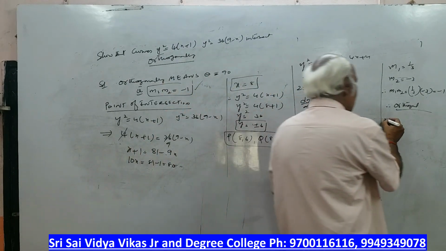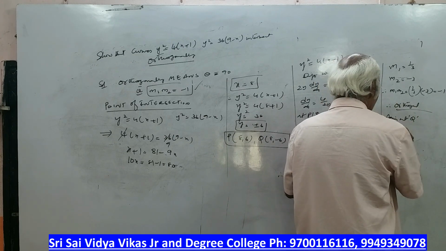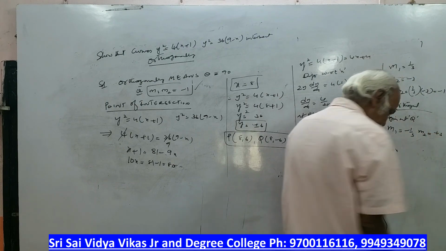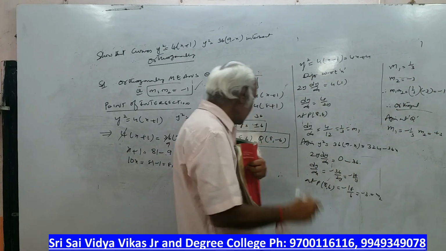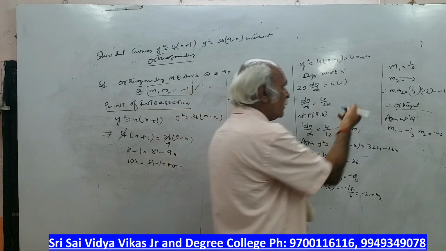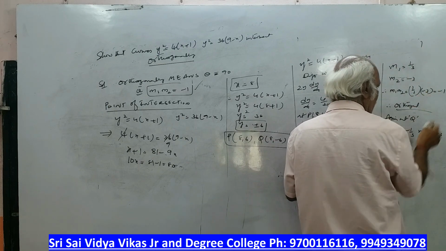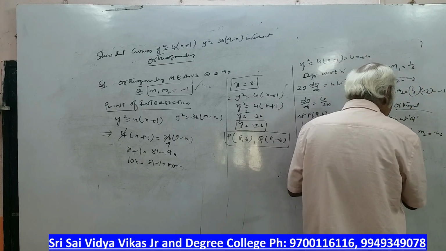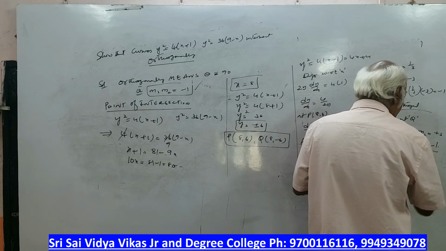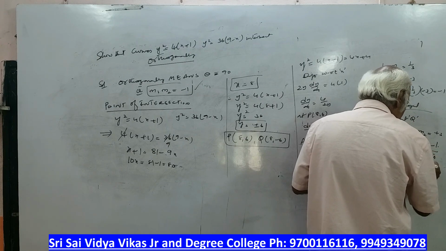Again, simply you have to write at Q. Directly you can write, m1 will become minus 1 by 3, m2 will become plus 3. Why? Because the y coordinate has changed, plus 6 is becoming minus 6. So what will happen here? m1 will become minus 1 by 3, and for m2 the signs change, plus will become minus, minus will become plus. Again m1 m2 is equal to minus 1. Therefore at Q it is orthogonal.